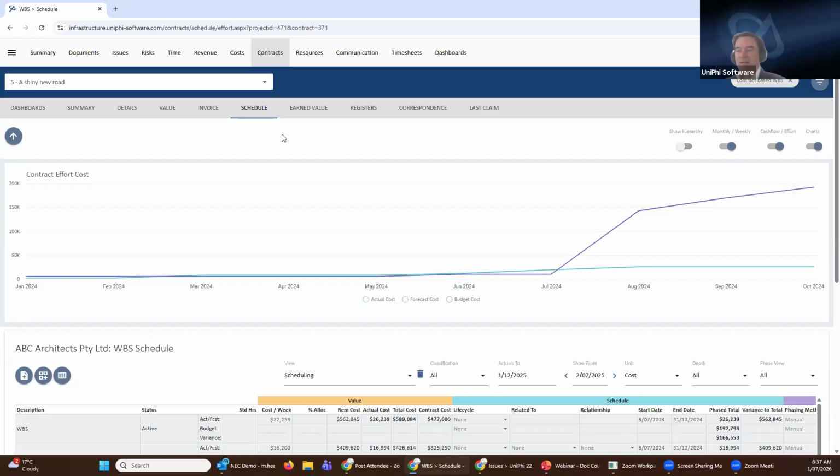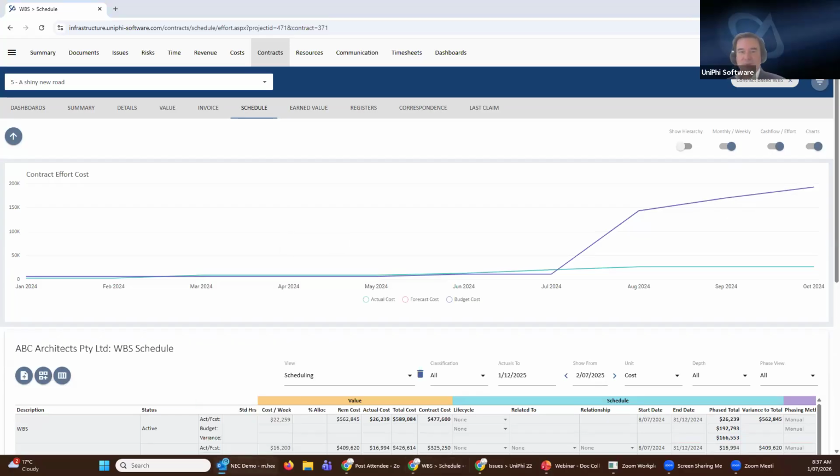Do we spend more money to get it done on time so the Olympics can happen? Is there another design change we can do, a change to scope that would actually make this still fit within the time frame? What can we do about this issue? And so by having issues managed in UniPhi and having them linked to schedule and cost, you can link quality into the conversation of time, cost, and scope.